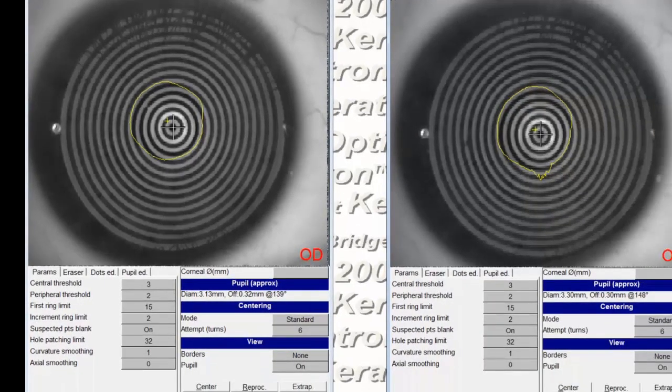My next step would be to go on and edit this map, but before doing that I'll show some examples of captures that are a little bit less than ideal, ones that I might hesitate to use for lens design. They'll have elements that'll show up in your captures from time to time, and generally we want to avoid these